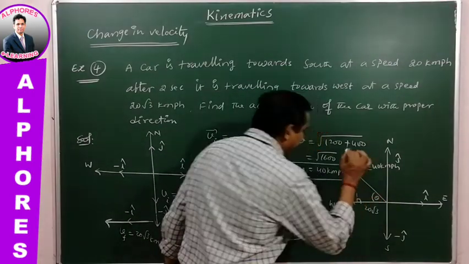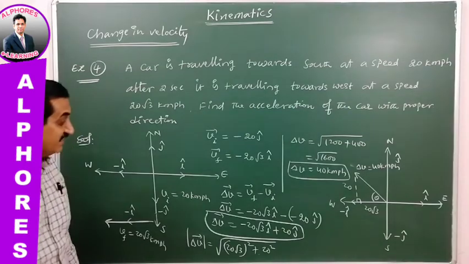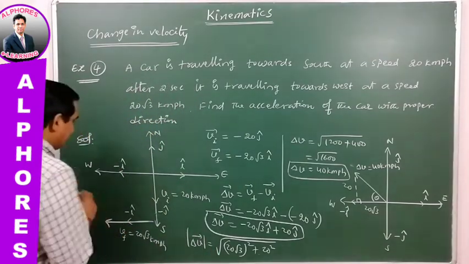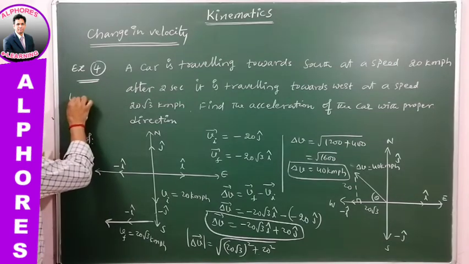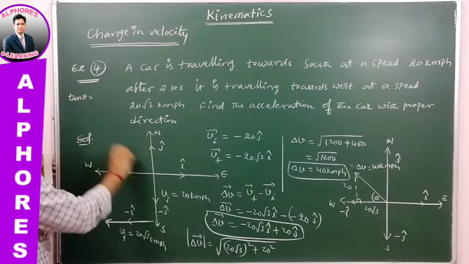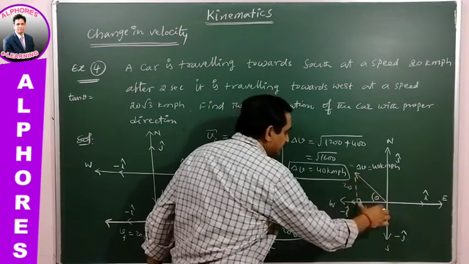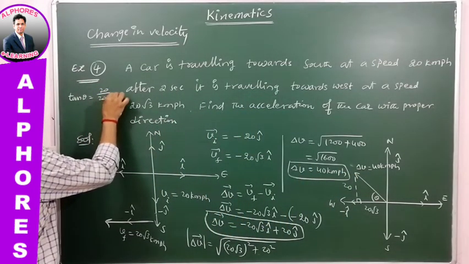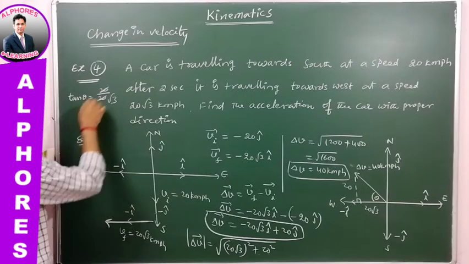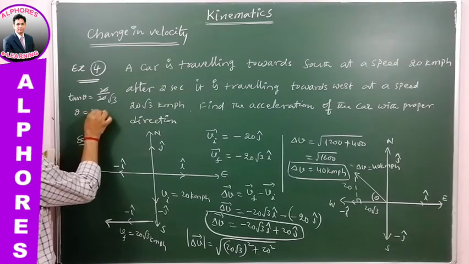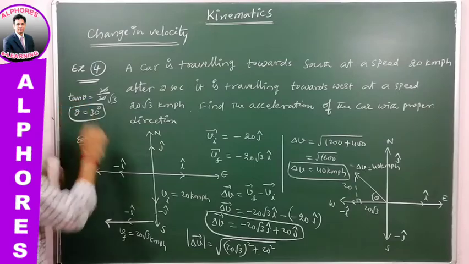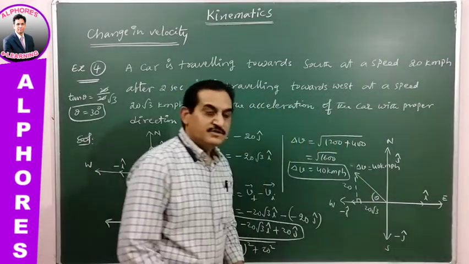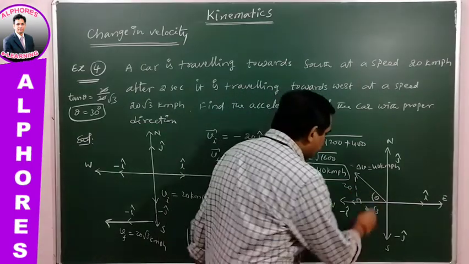Let us find theta here. How much is theta? Taking tan theta, the opposite side is 20 and the adjacent side is 20 root 3. 20 by 20 root 3, the 20s get cancelled. It is 1 by root 3, so theta is equal to 30 degrees. So this is making an angle of 30 degrees